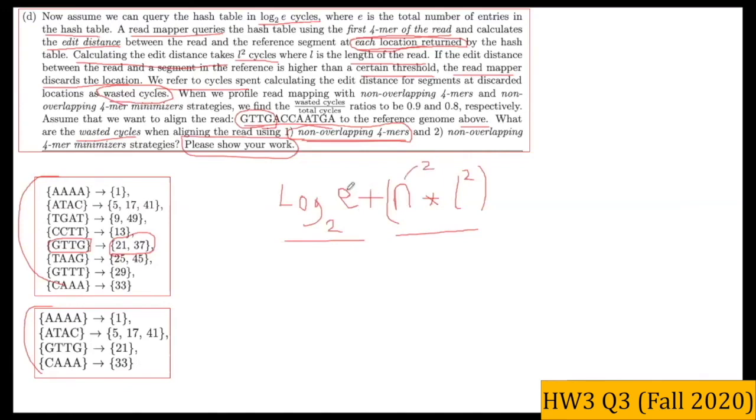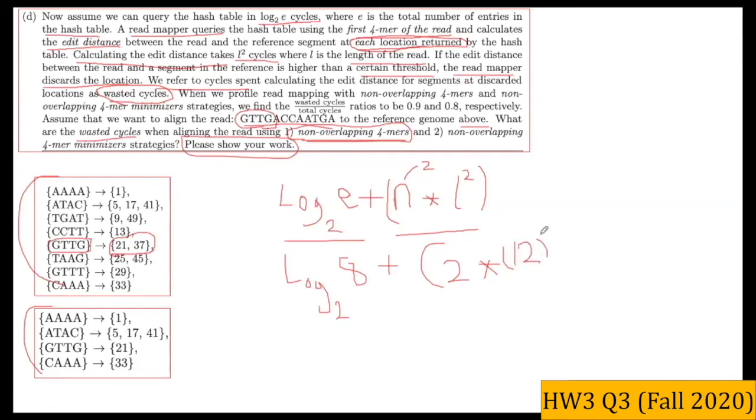And E here is the number of entries in the hash table, which is 1, 2, 3, 4, 5, 6, 7, 8. So we have log base 2 of 8 plus 2 times L squared. And L is the length of the read sequence. So what is L here? 1, 2, 3, 4, 5, 6, 7, 8, 9, 10, 11, 12. So it's 12